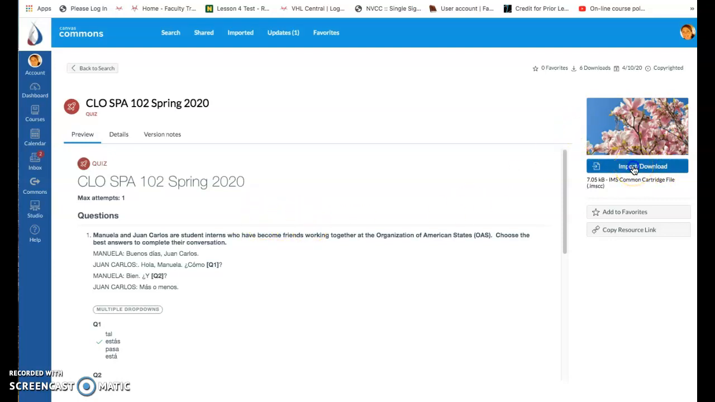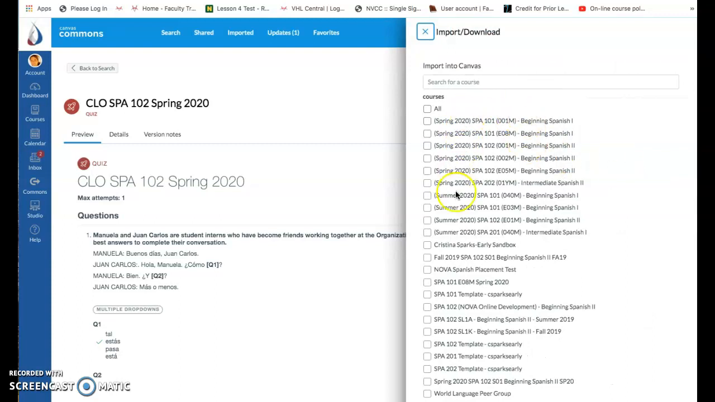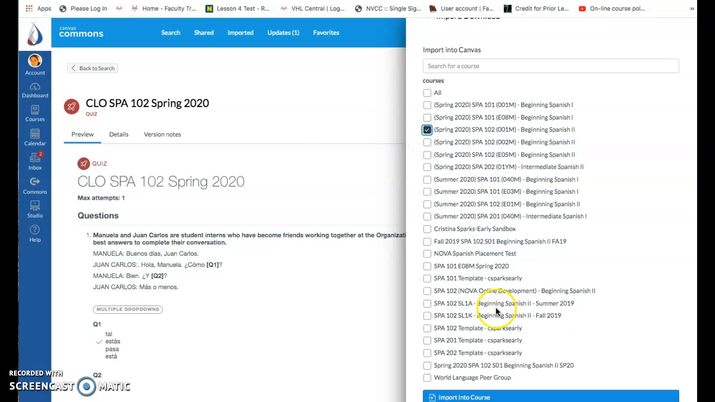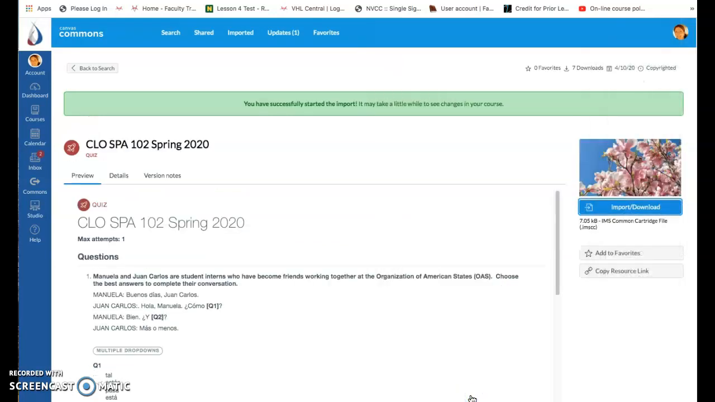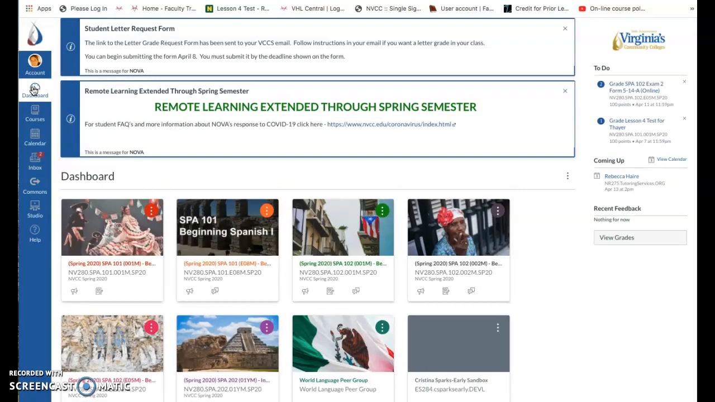choose Import Download, and all of your courses will pop in. You can do them all at once, or you can do them one by one. I'm going to do one to show you. So I'm going to choose my Spanish 102-001 course, and I'm going to click Import into Course. It tells me it's going to take a little while, so I click back on my dashboard, and I'm going to go into that course,